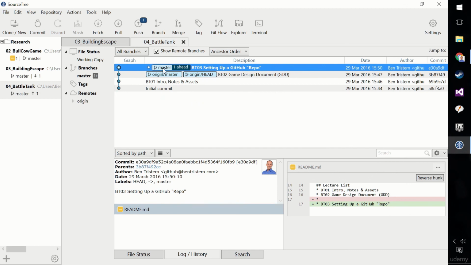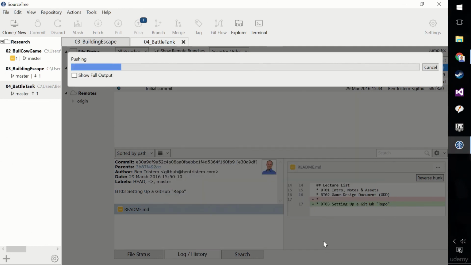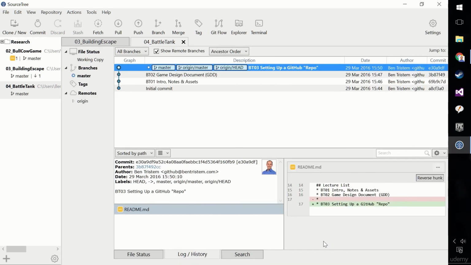You can see that the master, which we're on locally, is here, but the origin master, and by default the GitHub repository is called origin, is 1 behind, and that's why the push has a 1 symbol. It's saying that what you have locally is 1 behind what is on the web. So you can click push the local master to the remote master, and OK. And what that's going to do is just transmit that very simple change that I'm only doing for demonstration purposes